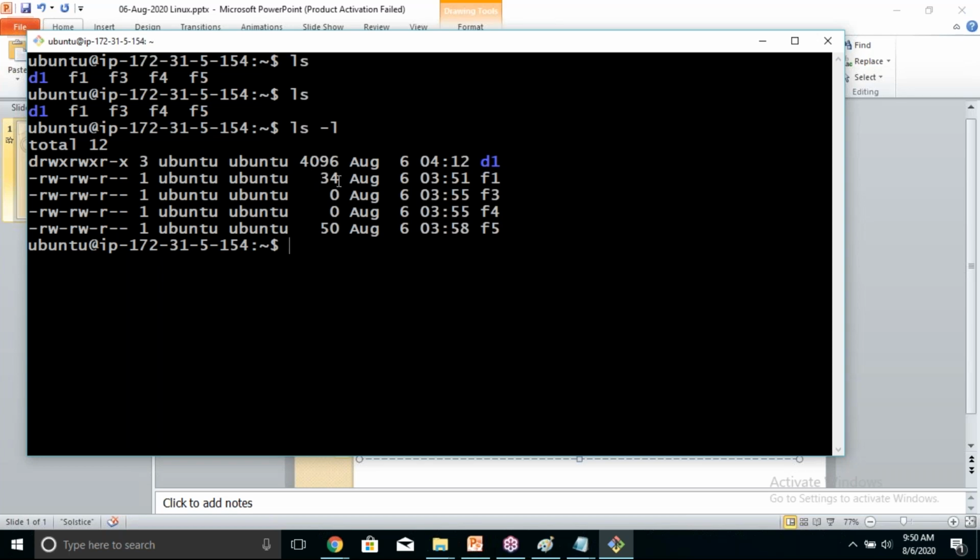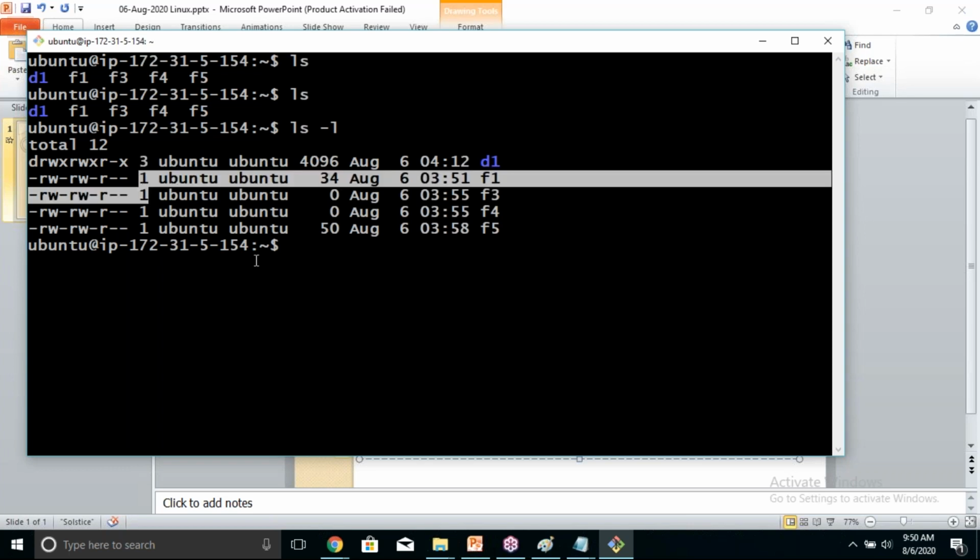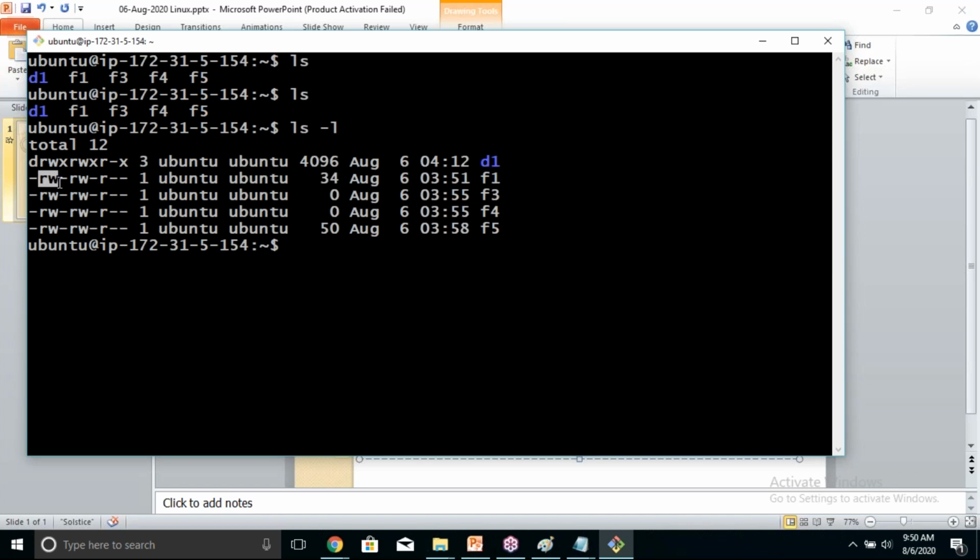let's track this information. This is nothing but the owner of the file. This is the group which the file belongs to. We'll discuss the groups concept later. Okay, this is called links. We'll discuss links later. These are the permissions given to a file or a directory.